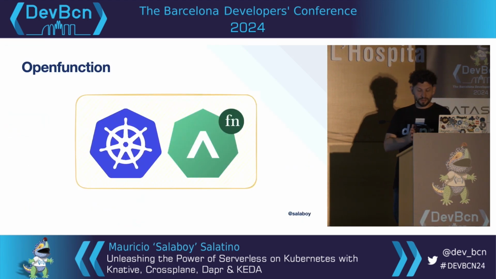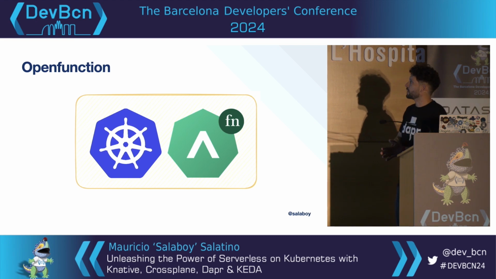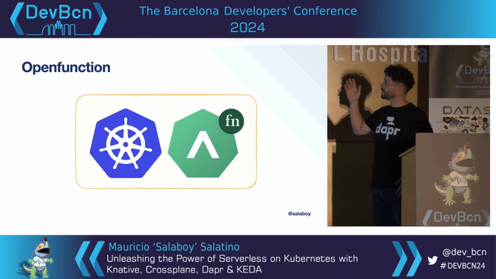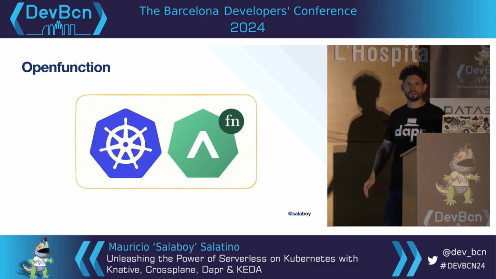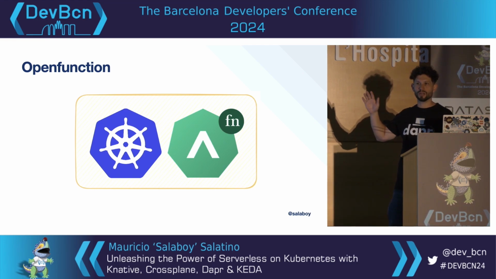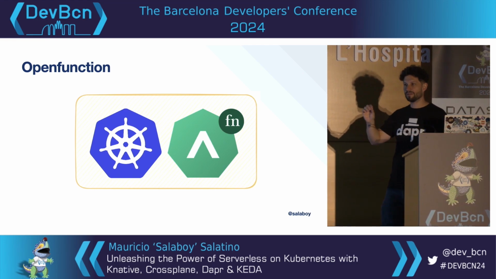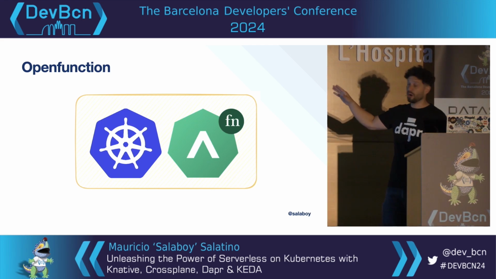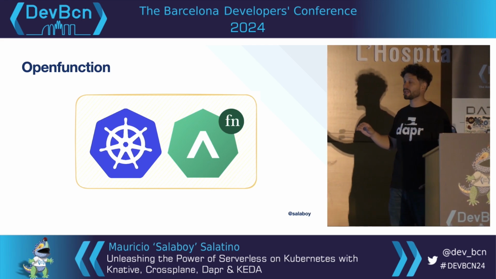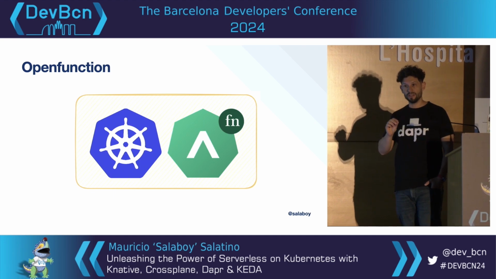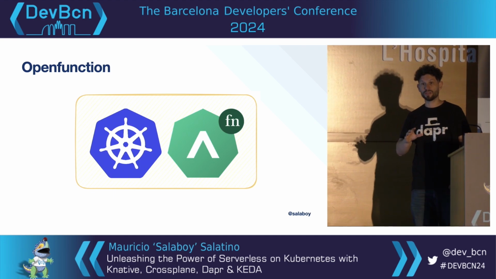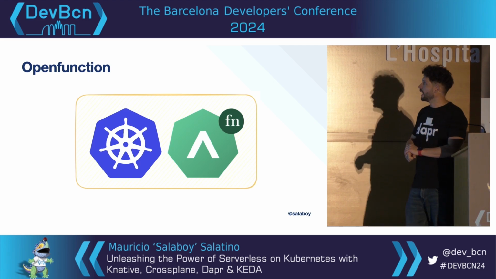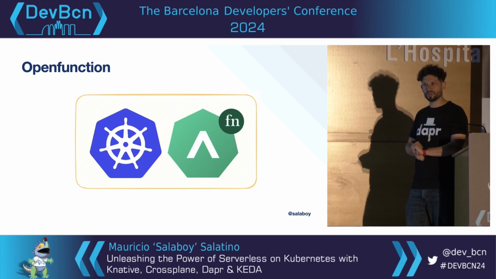But let's get started. Let's take a look into some open source projects. So the first thing that I will do, which is something that I usually don't, is showing a project that's called Open Function. How many people here know about Open Function? I see 0 hands raised, and there is a very good reason for that. Open Function is a CNCF project, but it's a Chinese-led CNCF project. That basically means that it was created in a Chinese community and donated to the CNCF.